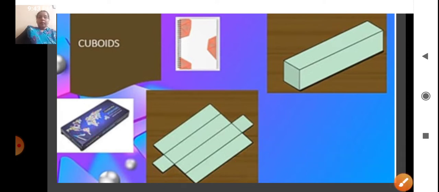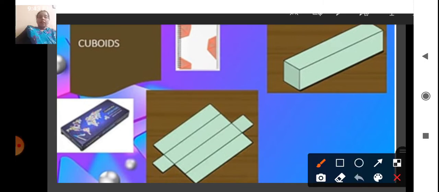You can see here on my screen. So using this net form you had made this shape, children. Yes. So this one is the net shape which we had made last year. That is in the form of rectangle. We call it a cuboid. So let's move ahead and learn much more about cuboid.